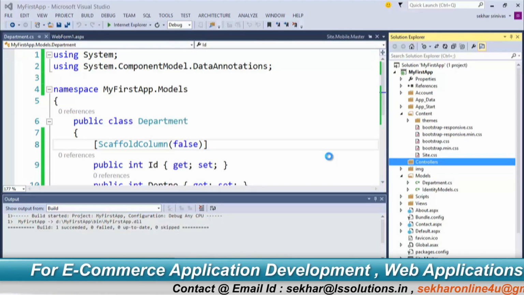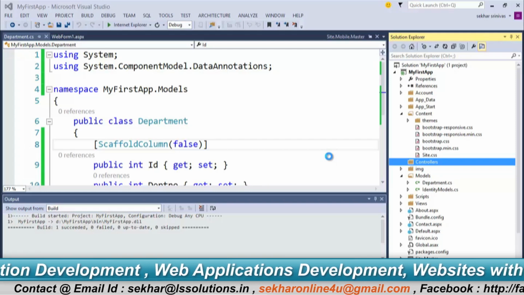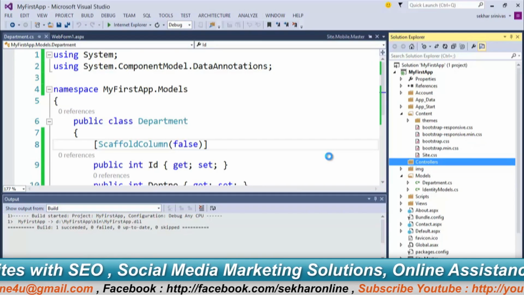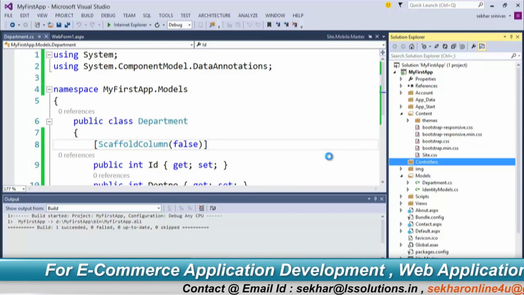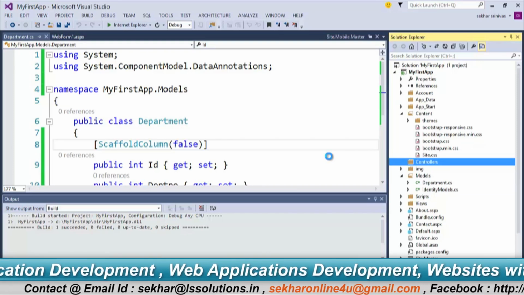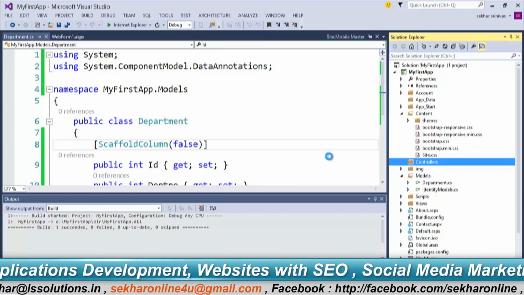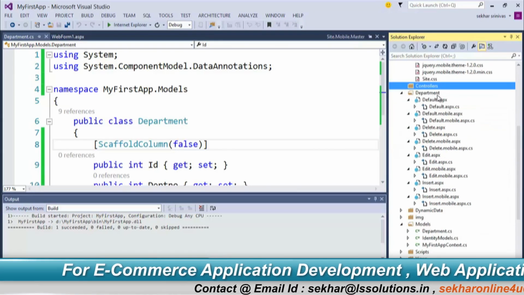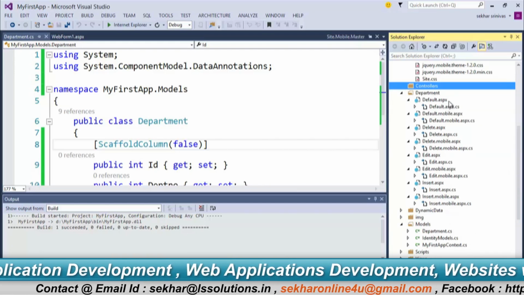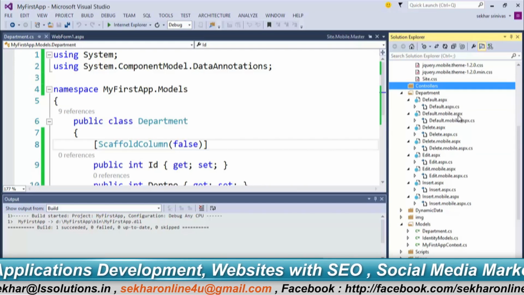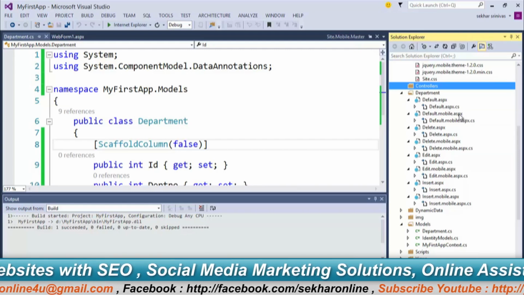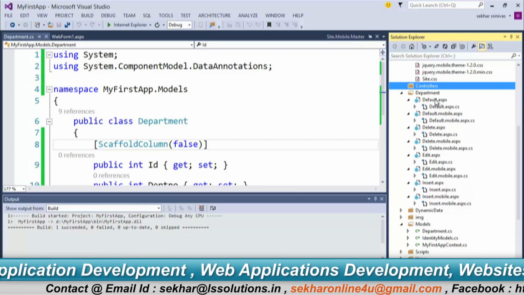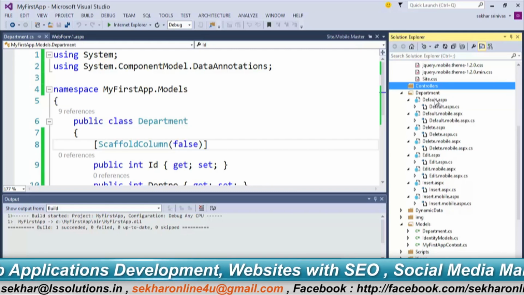Once I clicked on OK, I find a simple difference, that is, I will be getting a new folder that gets added with all the views that are required. Here the views are going to be my web forms. So you can just observe now. I got a folder with the name Department, in which I have Default.aspx pages and Default.Mobile.aspx. Means if you observe, for each and every page we have the mobile version as well as the normal version. Let me open the default page,